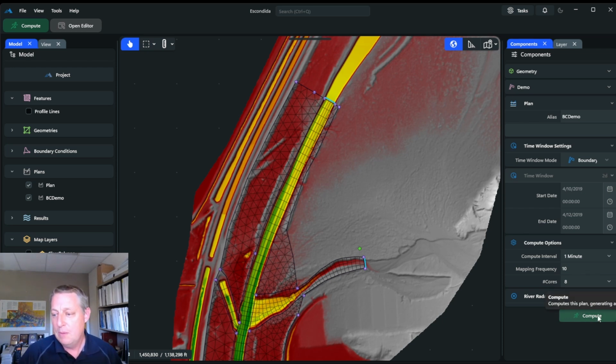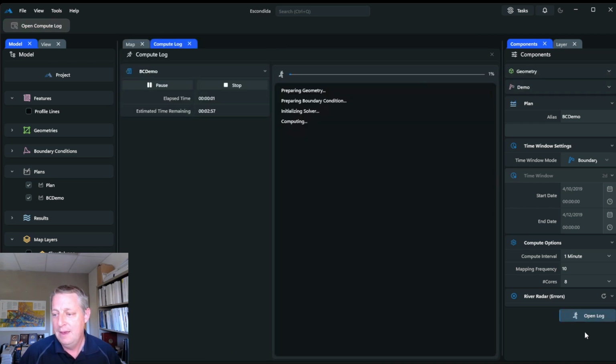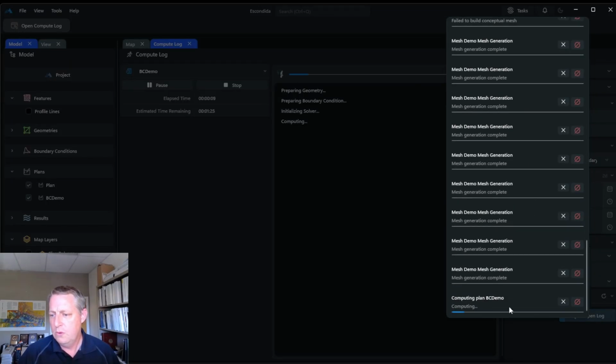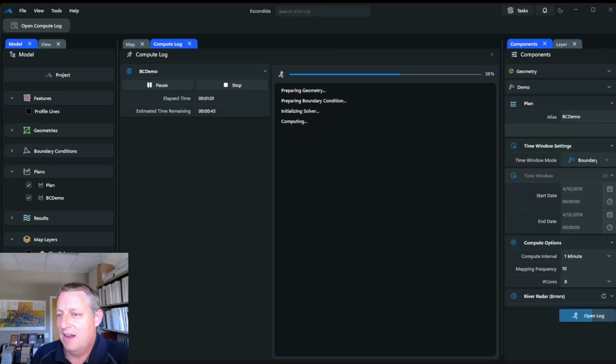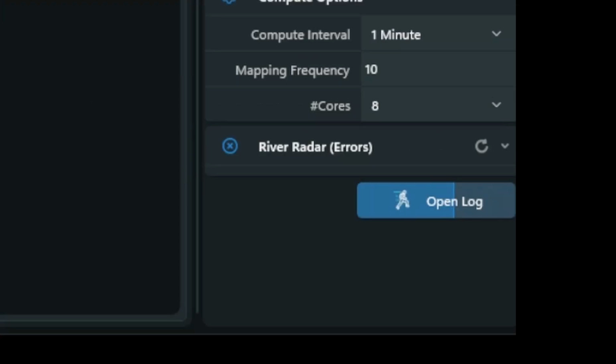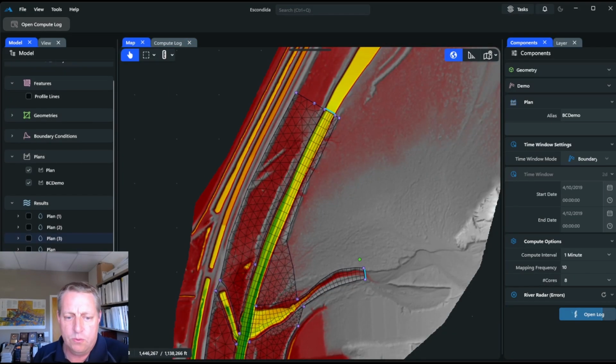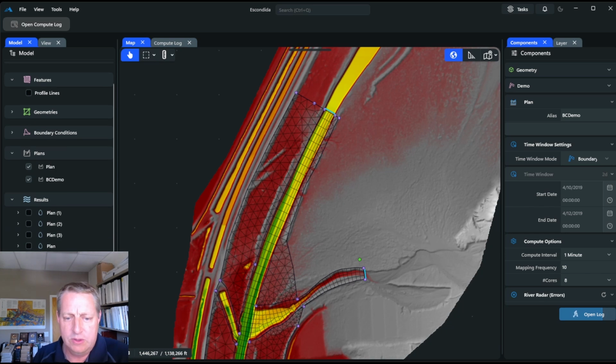And so I'm going to go and press the compute button, and you can see that we are running. If you go up into tasks, it'll show you what's going on and where we are in the compute. We got a lot of feedback that we really needed to keep the running person branding, and so Zach took that charge to heart. And of course, one of the big differences with RAS 2025 is that this is still running right here,